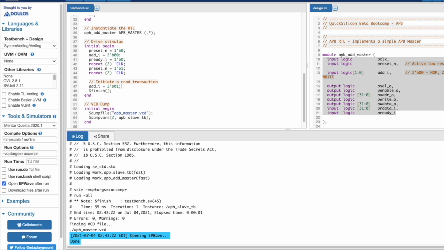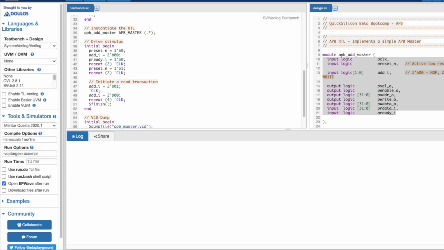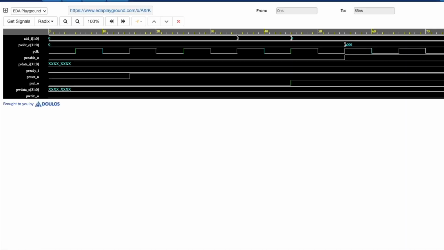So whenever the RTL sees that, it will initiate a read transaction, and after a clock cycle we need to make sure that this goes to 0, and let's wait for 4 cycles. Let's see what happens now. Okay, so as you can see, let me arrange these signals correctly.